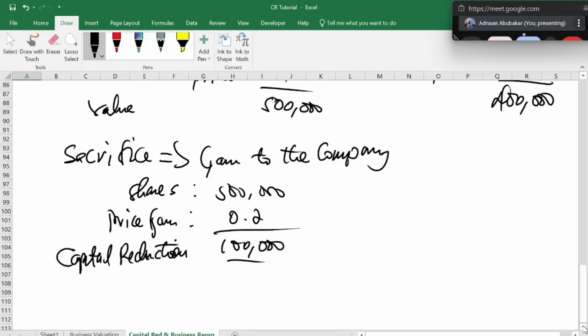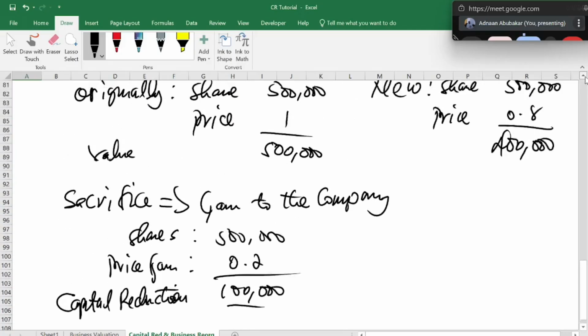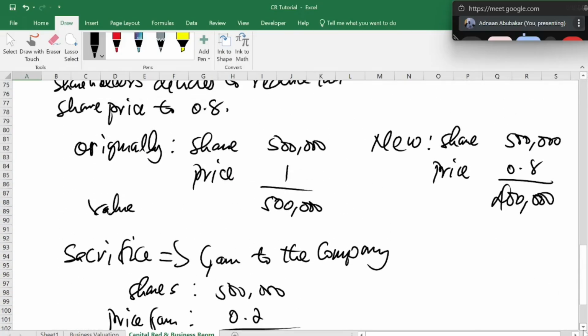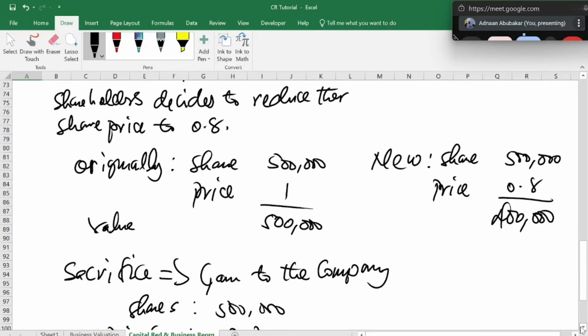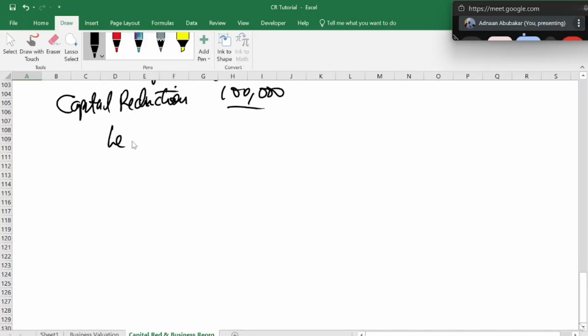Good. So since you just understood this one, this is where the ledgers come in. Do you understand? What we've done here, all that we've done here, you put it in the ledger form. How do we put it in the ledger form? So all you have to do is that you will have your capital account. So this is your capital account.